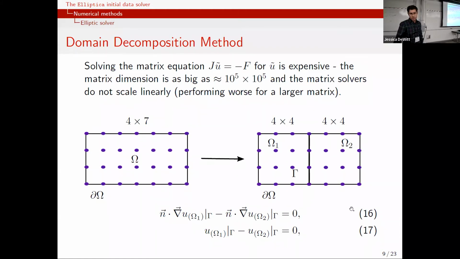So you should impose equations 16 and 17, which is nothing but continuity of the field and the normal derivative of the field across this region. However, as I will show later, this is not something that we introduced to the code. We already have this kind of boundary because we are not covering the whole grid with only a single patch. We already have many patches that cover the whole grid, and we actually use this property to efficiently